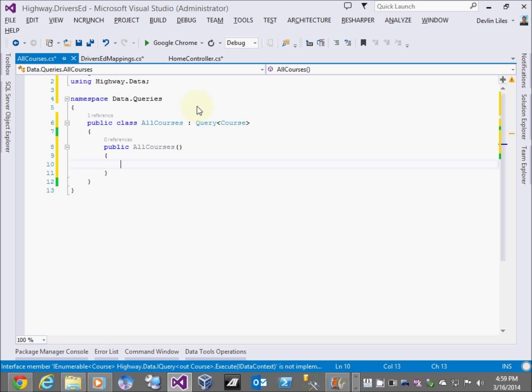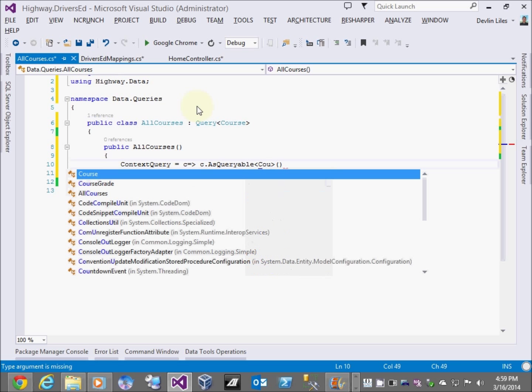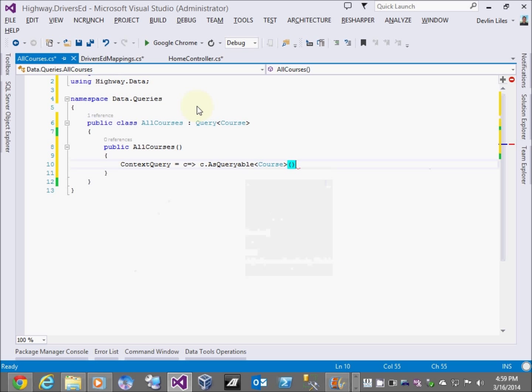Now the syntax for this is going to be a little off if you're not used to working with deferred execution delegates, but we need a lambda that says C, which represents our context, and returns an IQueryable of courses. This is still deferred. It won't execute until we actually need the results of a query, so we haven't broken that really nice feature of Entity Framework. This also gives us the ability to, at some point later, add paging or sorting or filtering